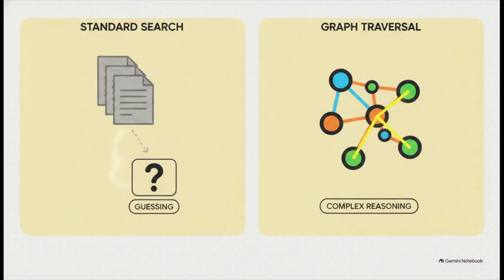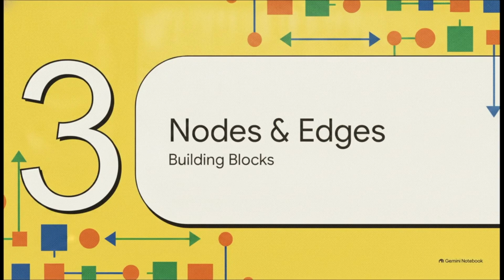If we contrast these two approaches side by side, honestly, the difference is night and day. Standard search relies on vector similarity. Think of it like a really advanced keyword search that grabs chunks of text and uses them to guess the next logical word. Graph traversal, on the other hand, relies on connected relationships. It allows the AI to perform complex, multi-hop reasoning. It doesn't just know that two documents are related, it actually knows exactly how and why the concepts inside them are related.